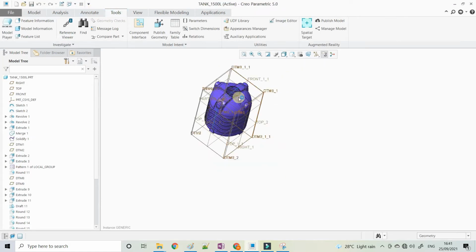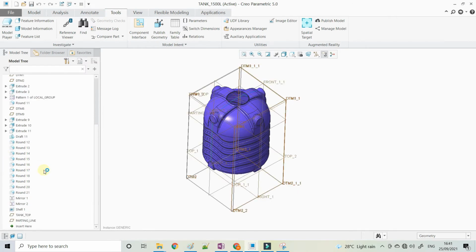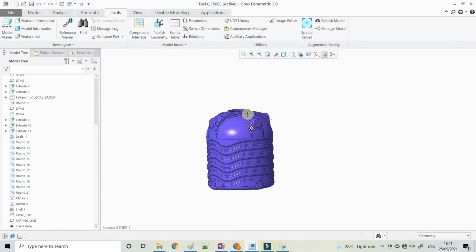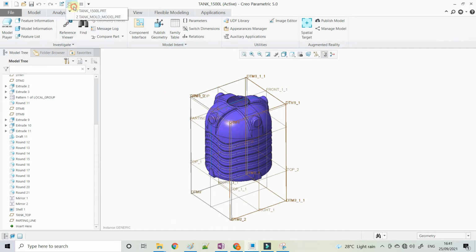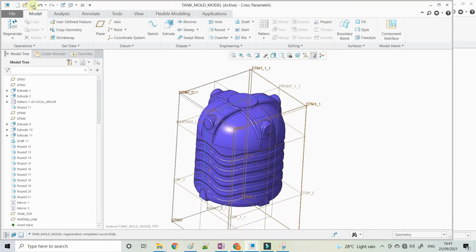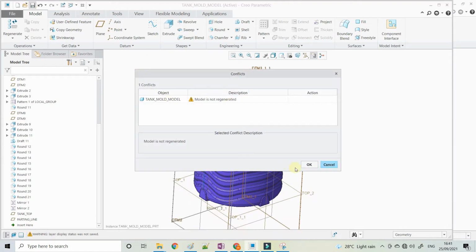In the tank model, if you see here, the complete model is with the shell, and the mold model is without the shell. So this is the mold model. You can save and regenerate this.